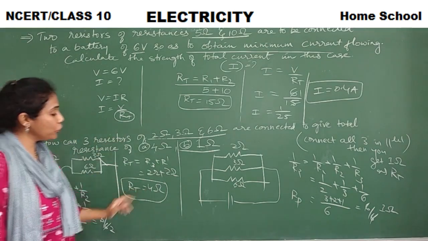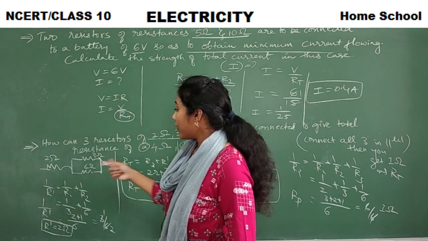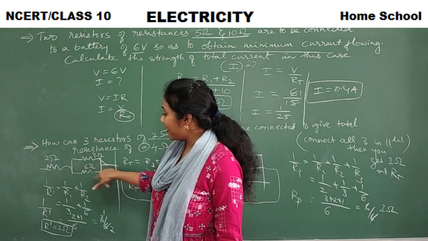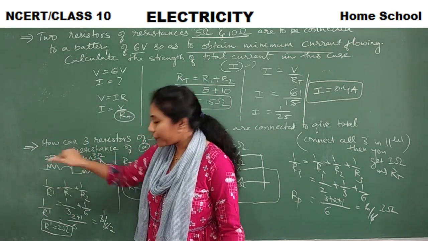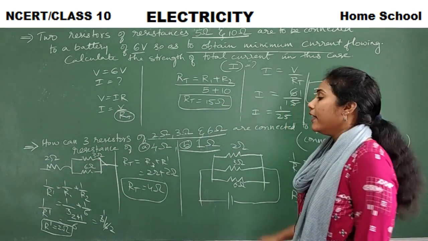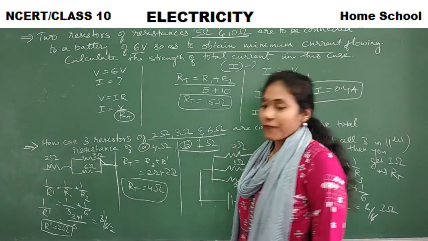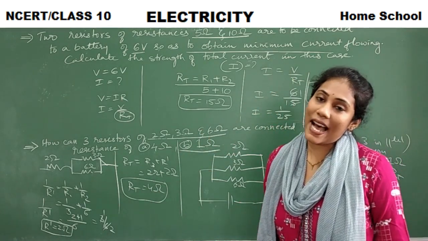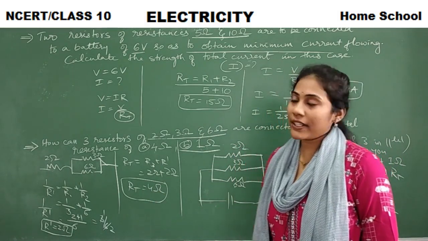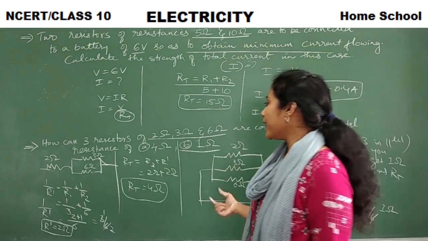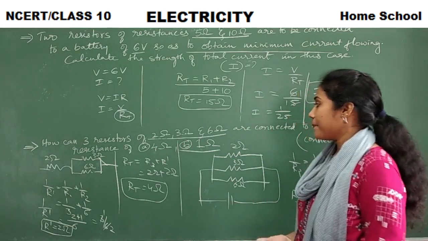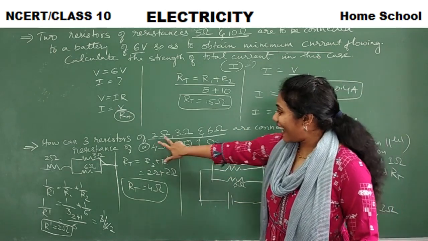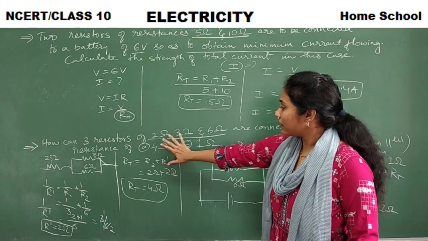When are you getting 4 ohms as a total resistance? When you connect the 3 ohm resistor and the 6 ohm resistor in parallel, and these two are in series with the 2 ohm resistor. Only then would you get a total resistance of 4 ohm. So this is another model of question that can be asked on combination of resistors. You should carefully observe the values, guys. Since it is 1 ohm, the resistance is much smaller than the individual resistances, no doubt.